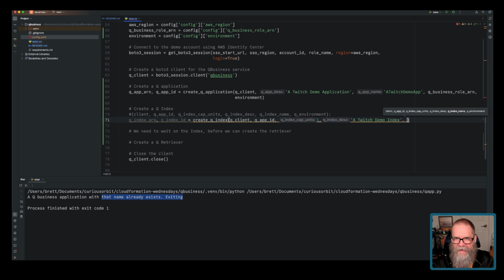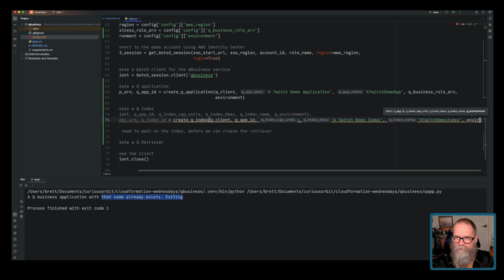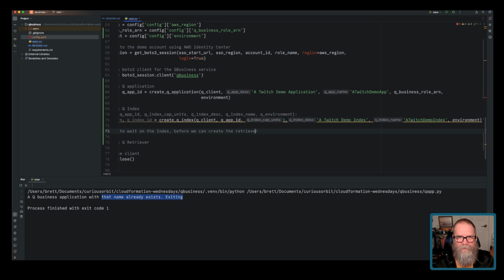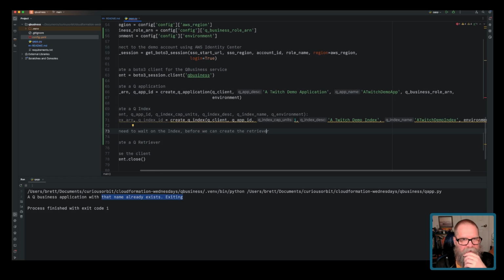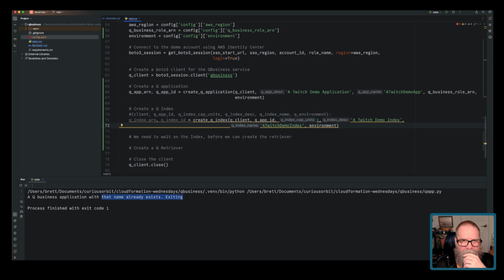We're on our index name, a Twitch demo index, and then environment. I don't know what it doesn't like. I'm just going to get rid of, I don't think this has anything to do with it, but